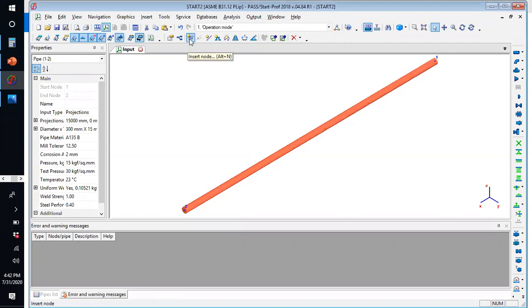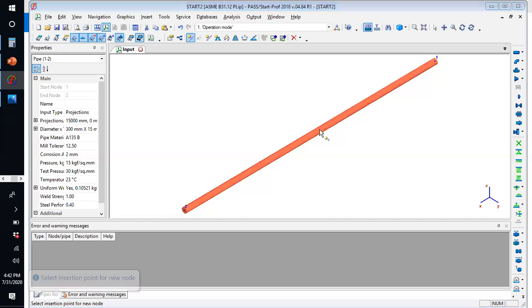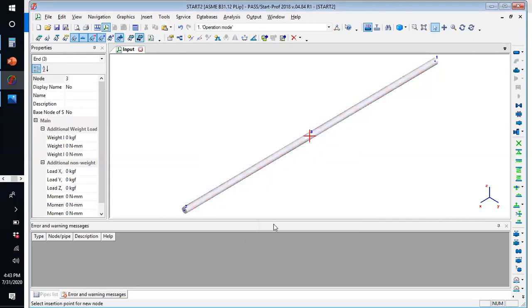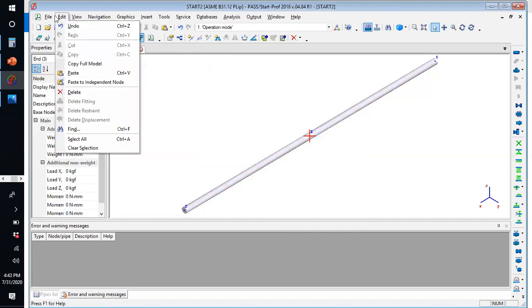I add a node at the midpoint. Click on middle. Click OK. We have that node. All right. But I like my units to be in meters. So before I go further,